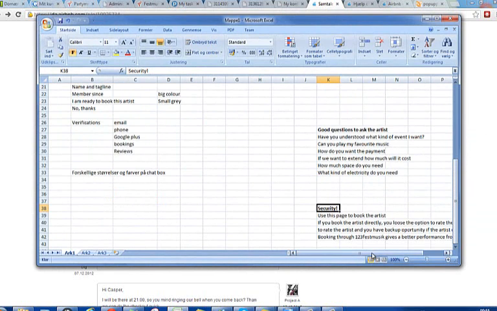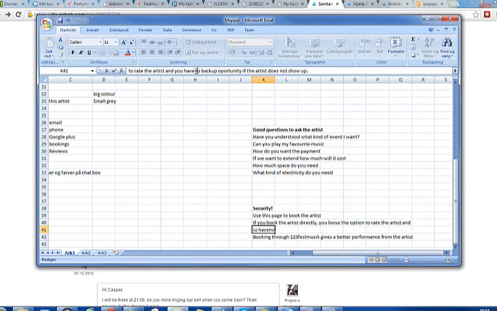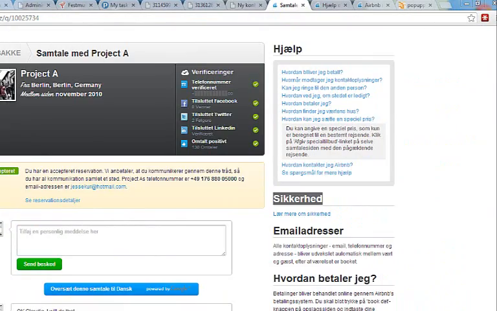So in the security, I would like to have this text. Use this page to book the artists. If you book the artist directly, you lose the option to rate the artist, and you have no backup opportunity if the artist doesn't show up. Booking through 123 gives you a better performance from the artist. So that's the security